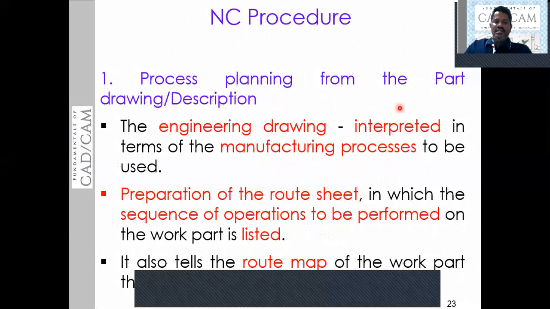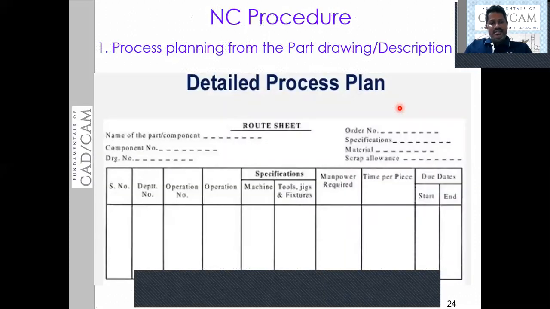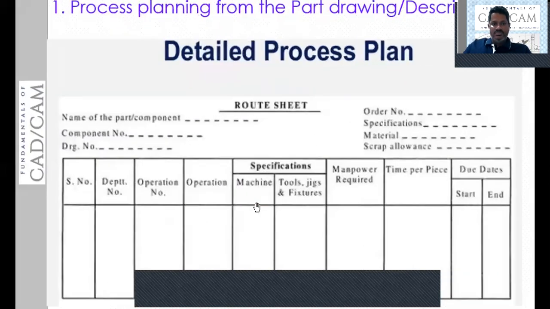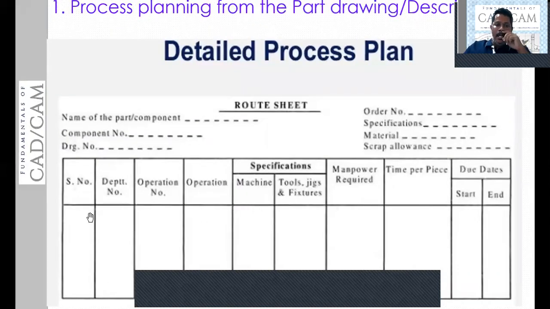This process planning will be prepared from the data of the part drawing or the description from the design data. As you can see, this is the process planning sheet, an example of it. You can list out all the operations with serial numbers.